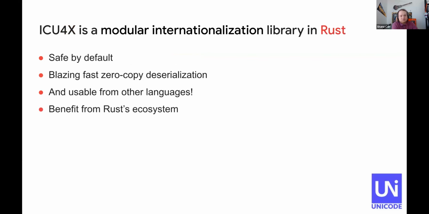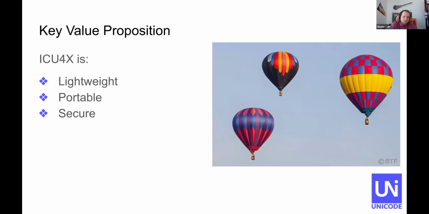And Rust is a language that's safe by default. One reason we chose it is because we can build blazing fast zero copy deserialization of locale data. And it also is a very good source to be usable from other languages. So overall, the key value proposition of ICU4X is in 3 bullet points, 3 words: lightweight, portable, and secure.